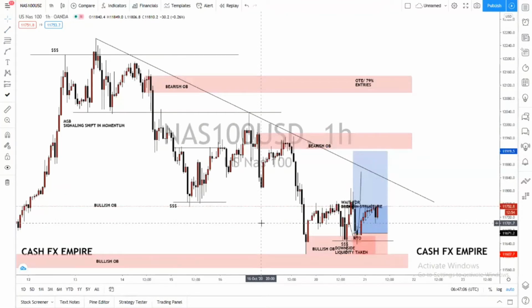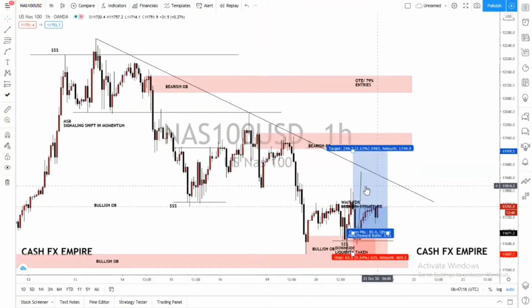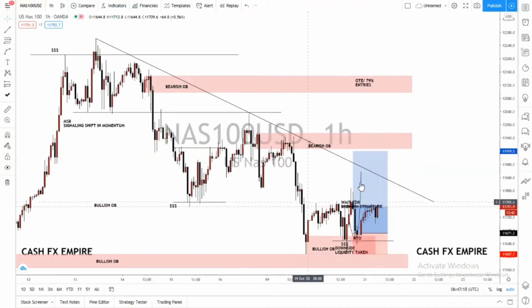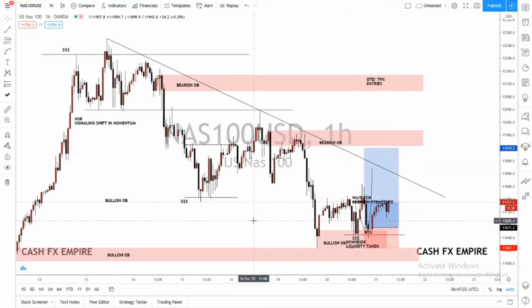But anything is possible. We trade what the market tells us. Don't trade what you think is going to happen; trade what the market is giving you. So if we fail to break above this trend line, then we're sure in for a sell. Then we'll start looking for selling opportunities wherever they present themselves. So that's it, and this is what I'm trading.